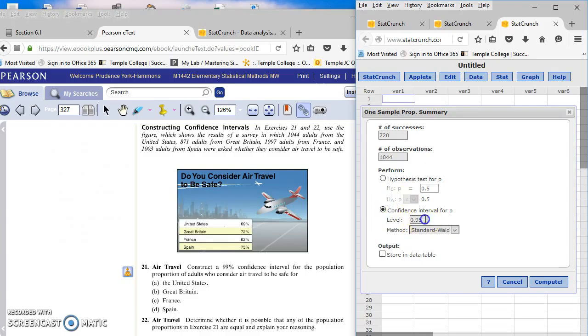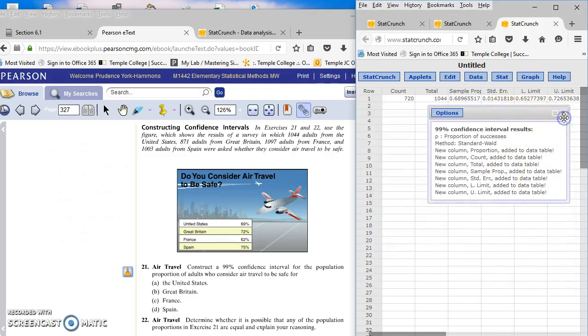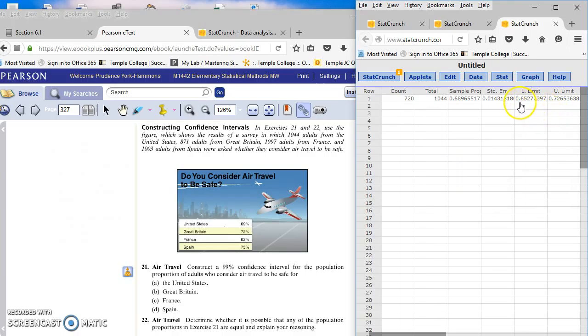I have a confidence interval at 99%, 0.99. Store this in my data table, and it says the confidence interval would be between 0.653 to 3 decimal places and 0.727. So I would be 99% confident that the true population proportion would lie between 0.653 and 0.727. So my confidence